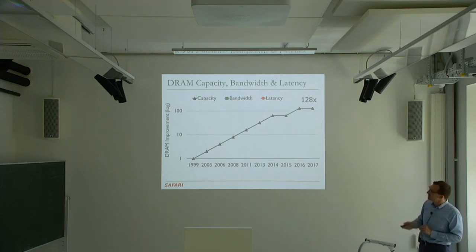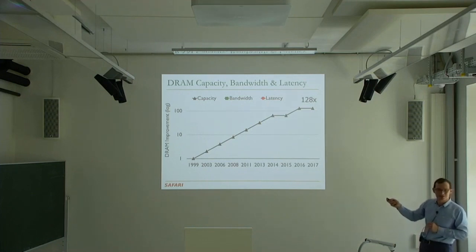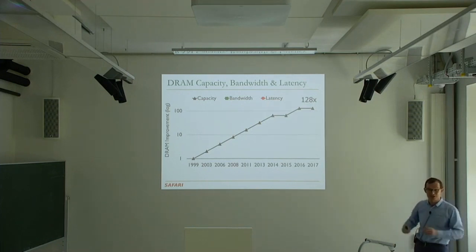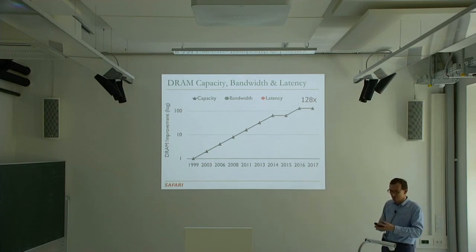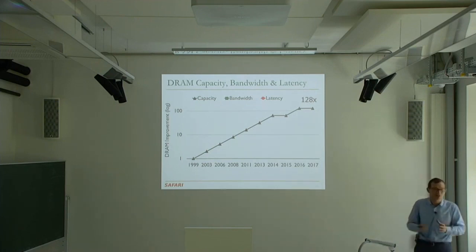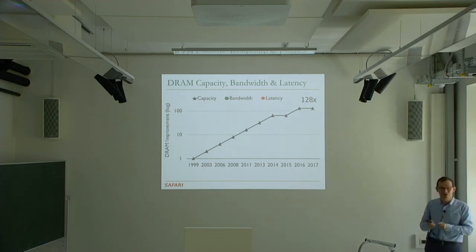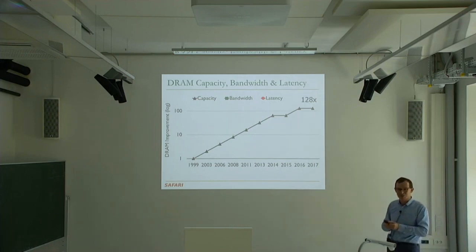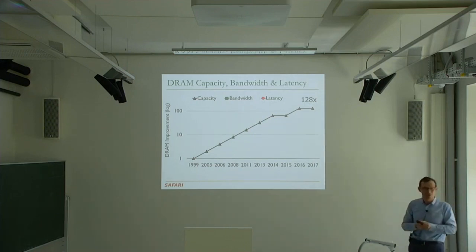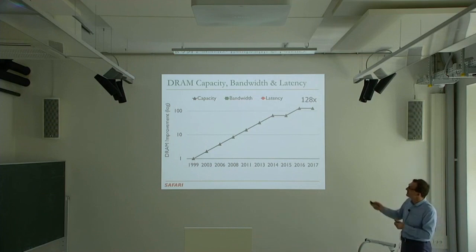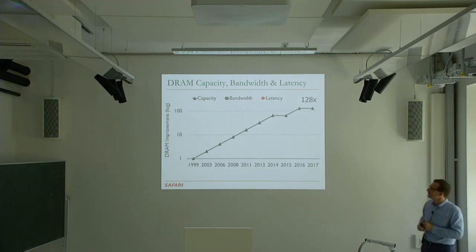And clearly it's been growing exponentially for some time, but now we're having difficulties. As you can see, it's not growing as fast. Basically, this is the number of bits you can put on a given area, and this is actually what memory chips are designed for. If you go to a DRAM manufacturer, this is what they design their chips for: maximizing cost per bit, or maximizing bits per area. And even that metric they're having difficulties with today. And we'll see, this is really the technology scaling problem.